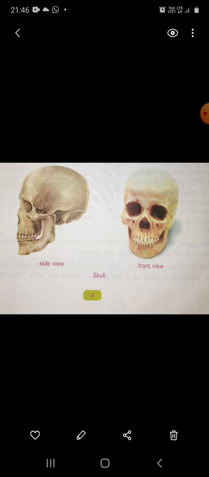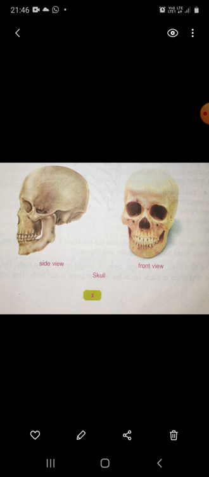A skull is made up of 8 flat bones, and these 8 flat bones are fused together so well that it seems to be a single bone. It protects the most important part of our body, which is known as the brain. You know that the brain controls all our activities. Whatever we think or do, each and everything is controlled by the brain. It is very soft and delicate and is protected inside the skull.